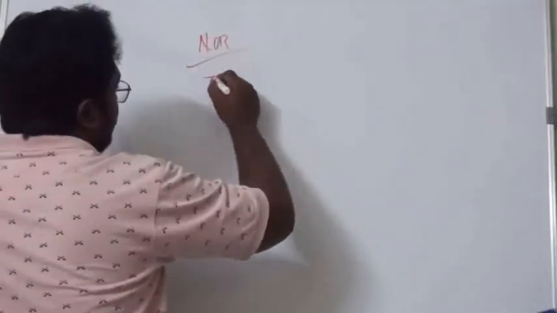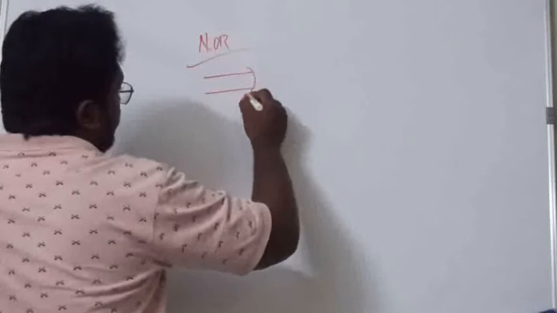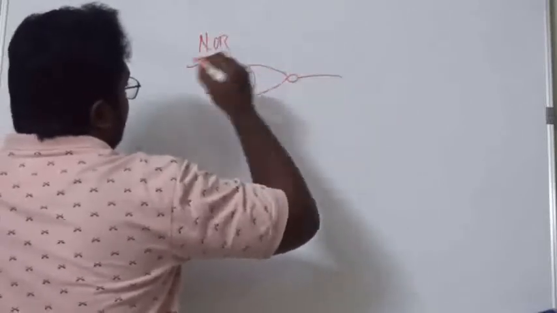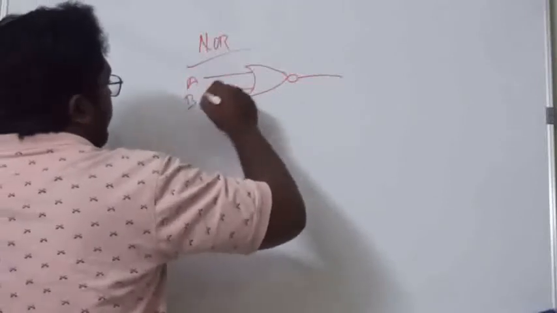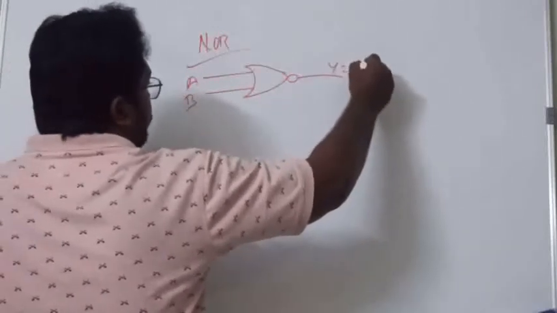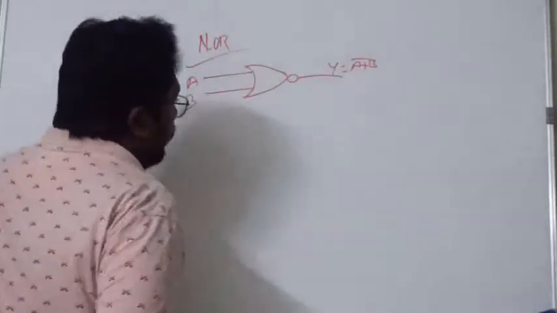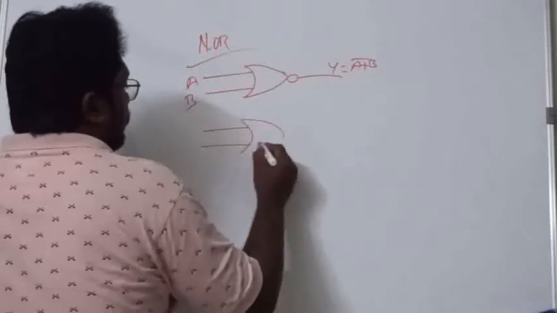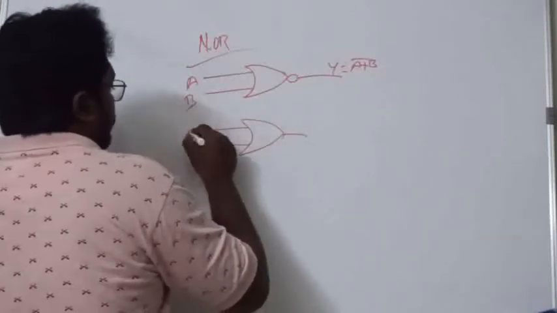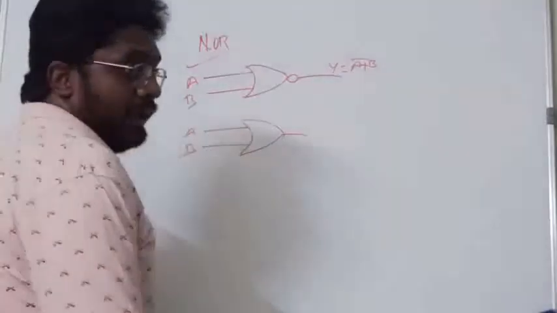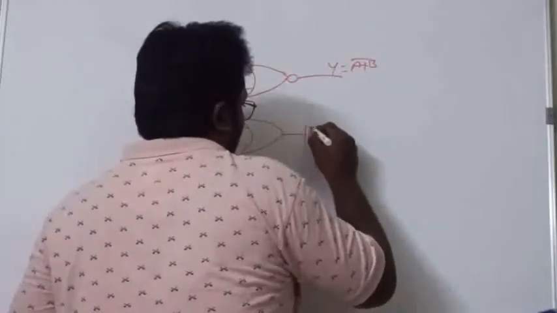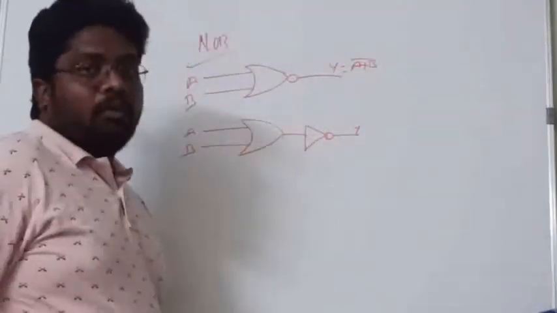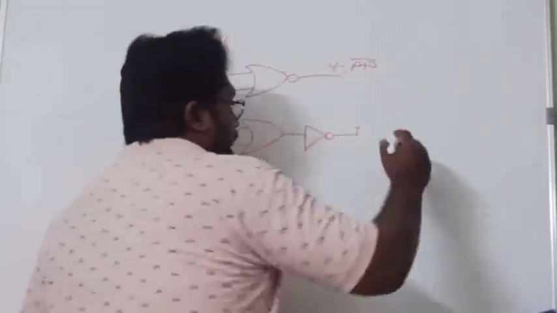The logical symbol for this NOR gate is like this: I have input A and input B, and Y = (A + B) whole complement. This is nothing but the OR gate with a NOT gate, with output Y. So the truth table for this is that